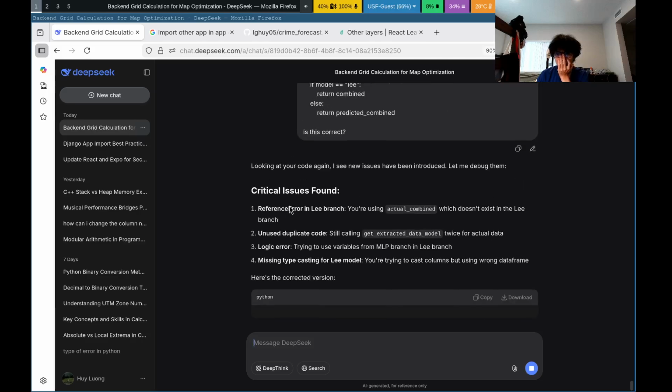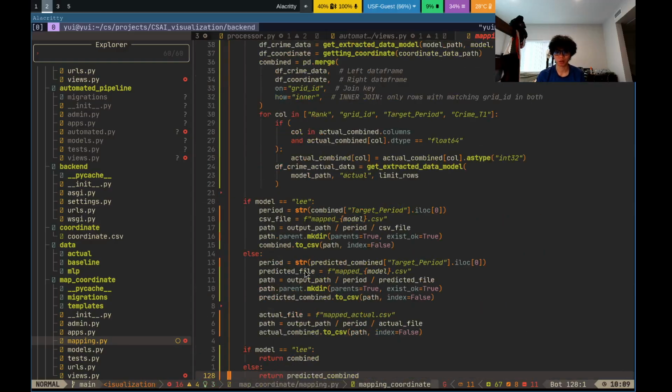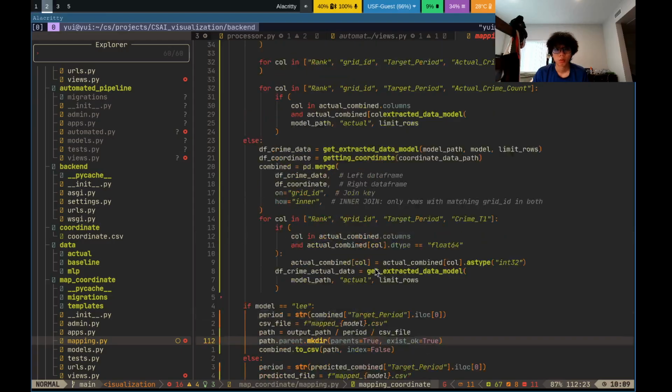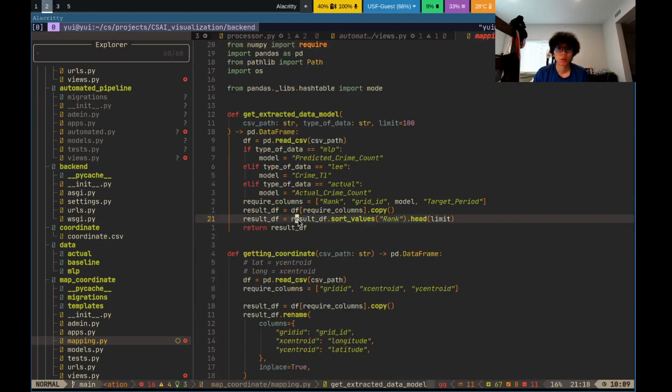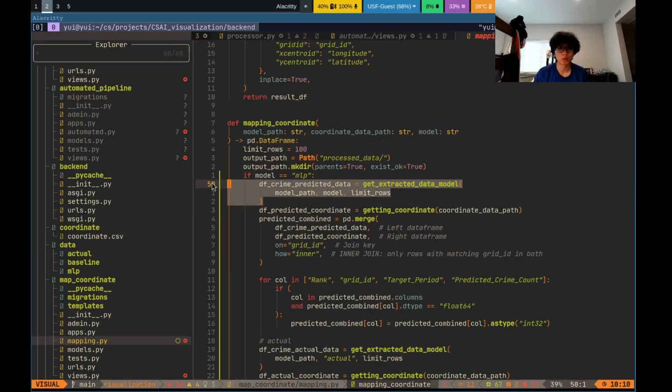You are using actual combines, which does not exist in the lead range. Sorry, what? Oh yeah, my bad. We just have to extract one,